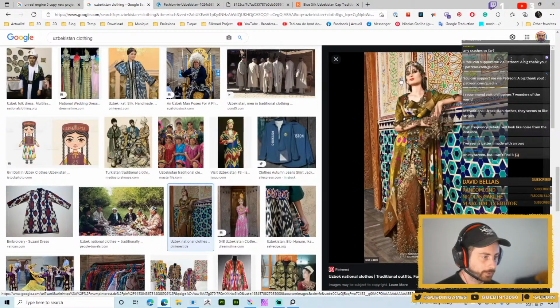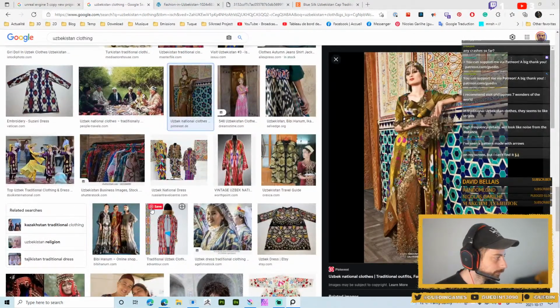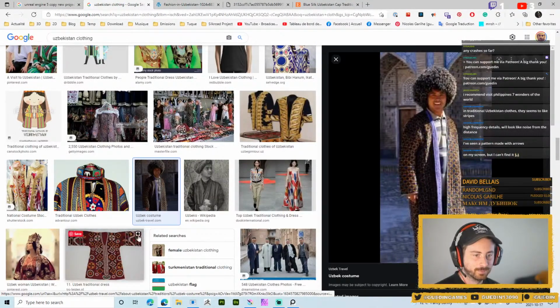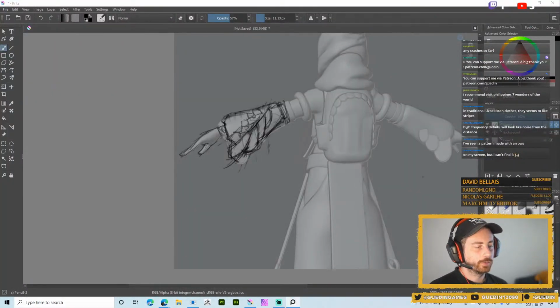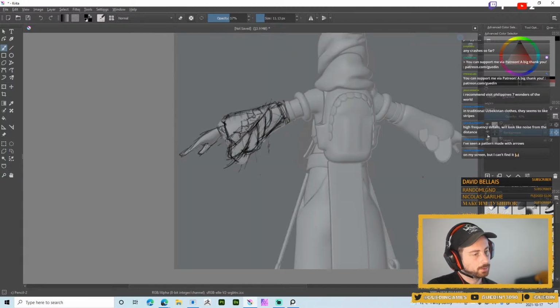See, again, you've got this kind of thing, this one is really awesome. Okay, let's go back to our thing. I think this kind of design here is something maybe more interesting that we could be using. So this kind of thing could be something I could use. Yeah, it could be done in this kind of